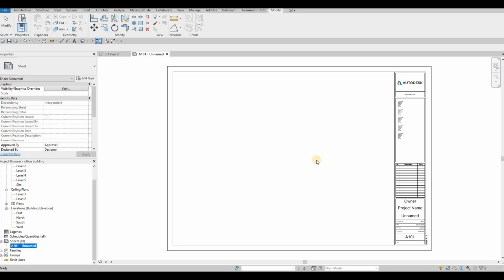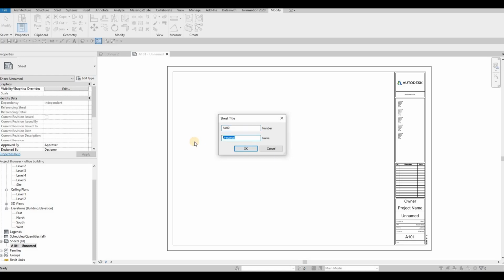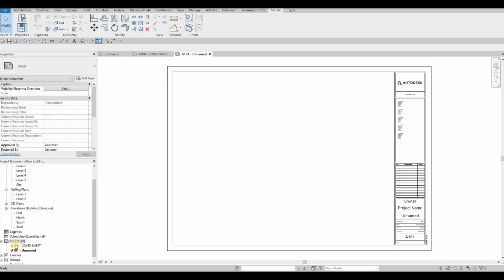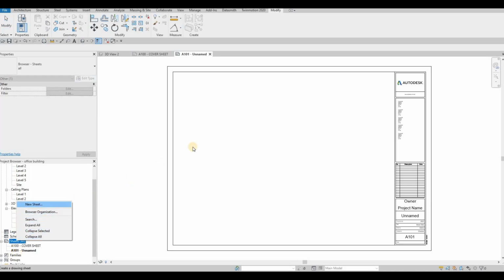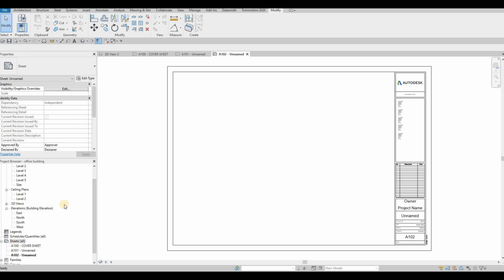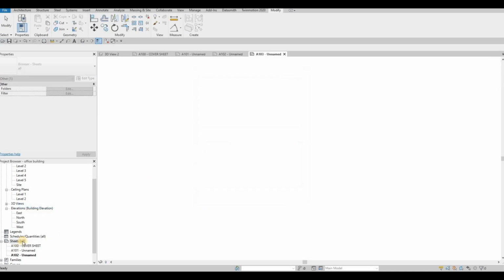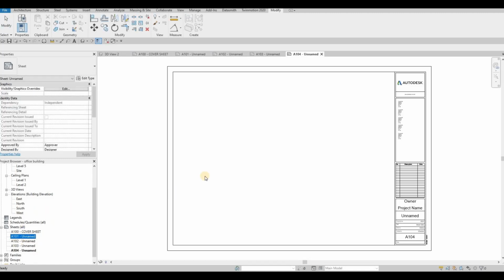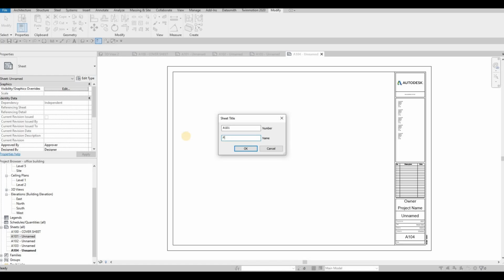I'm gonna change this to A100, and then you can change the name here for cover sheet, and then right click again and then new sheet and select the title block. As you can see, Revit recognized the sequencing and it will be 101 on the next. I'm gonna create multiple sheets for now, and then let's change all those names. So let's do 5 for now, and then here we have first floor,